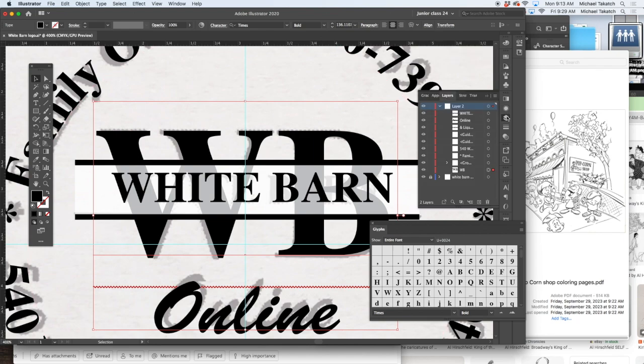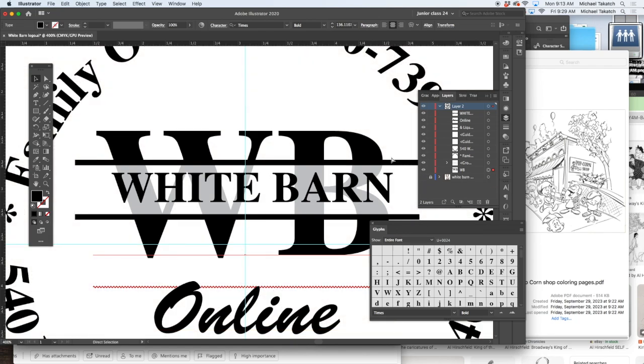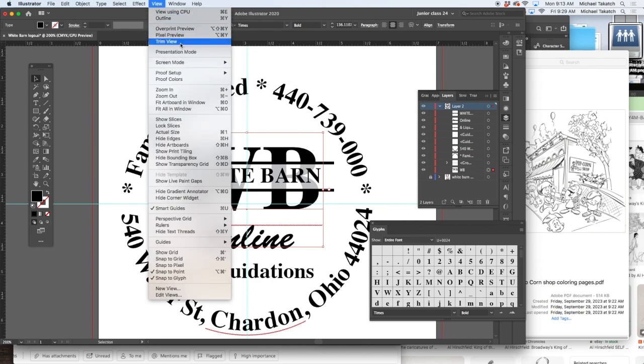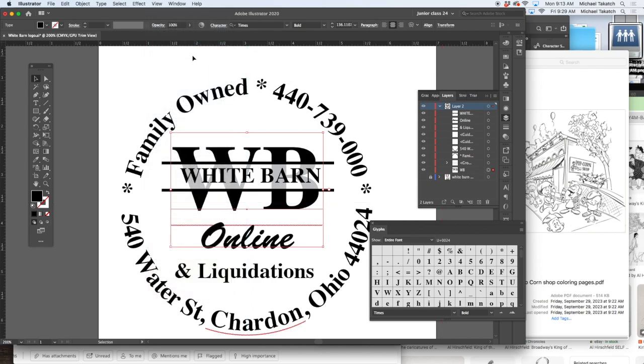And again, you can also hide that selection. Zoom out of this part. If I go to View and click on Trim View just to clean everything up, hit the Tab key,